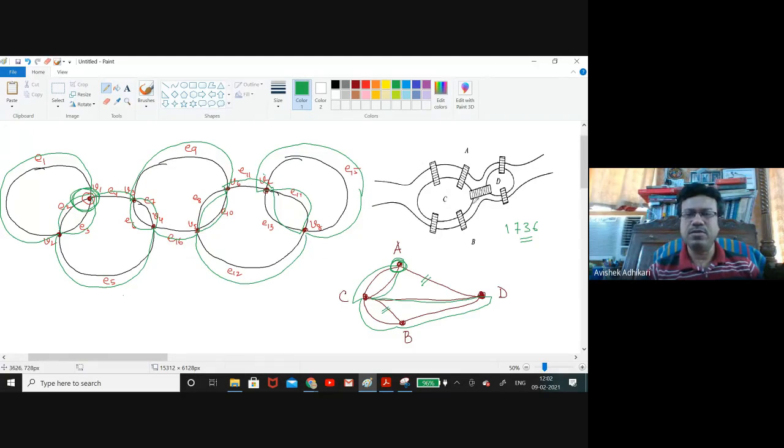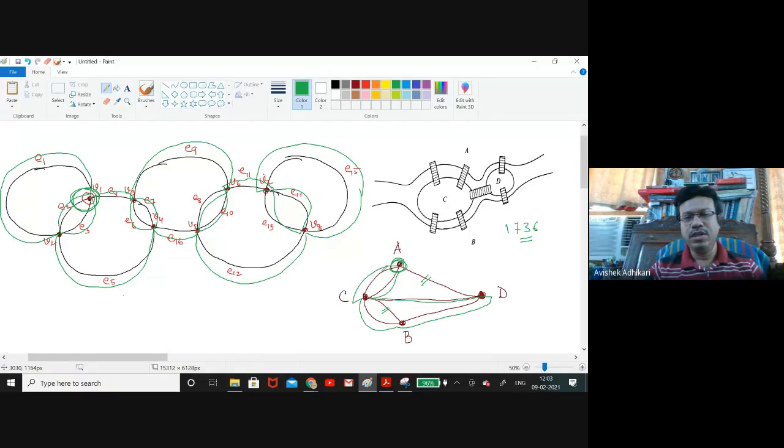Euler for the first time solved this using a graph theoretic technique, and that's why it's considered the first paper on graph theory, and Euler is considered the father of graph theory. So in my first class, we already concluded that if your graph is like this, you cannot go back from A to A, exploring all the edges exactly once,